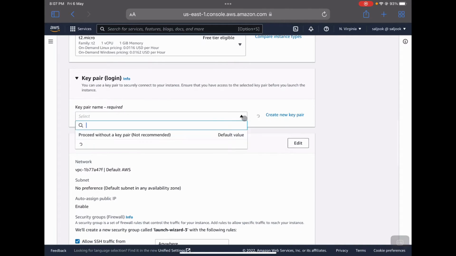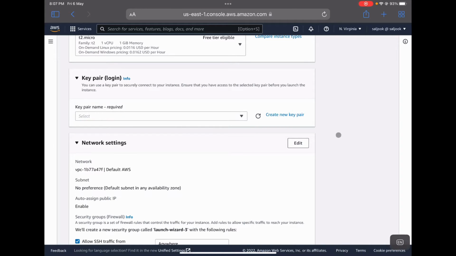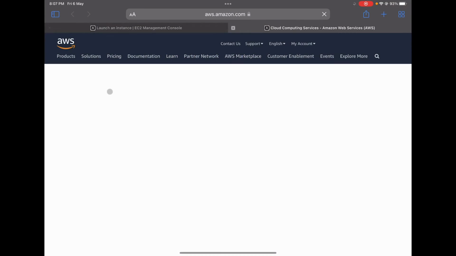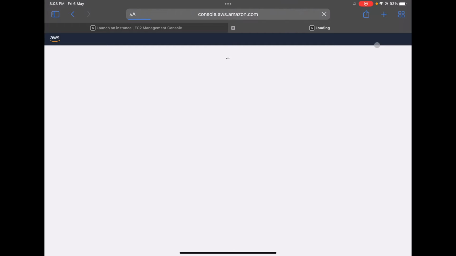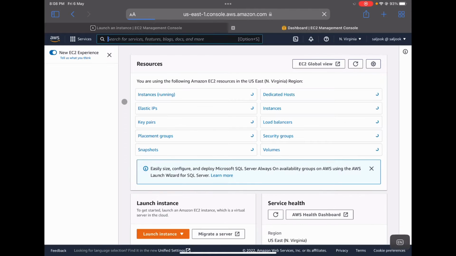And now the key pair. The key pair is actually our authentication method that we're going to be using today to SSH into our instance with Termius. So I'm not going to go ahead just yet, but what I am going to do is, in a new tab, open AWS, sign in again, and we're going to create a key pair,